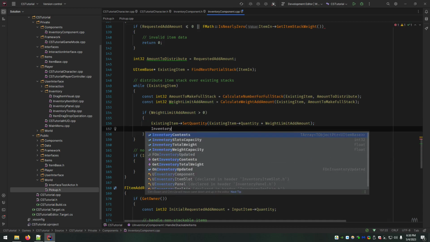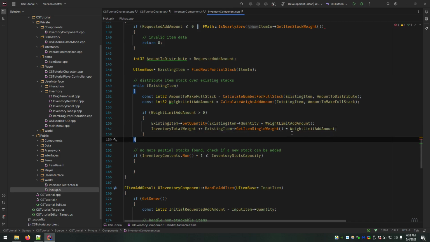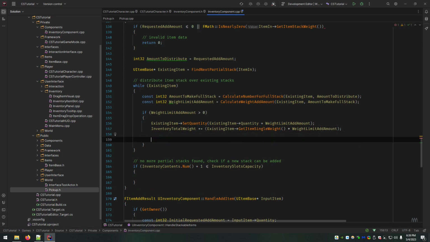We're then going to adjust the inventory total weight: get item single weight times weight limit add amount. With order of operations, multiplication happens first before addition in code, so you should be good to leave this, but you can also wrap it in parentheses if that soothes your nerves a little bit, as it does for me.